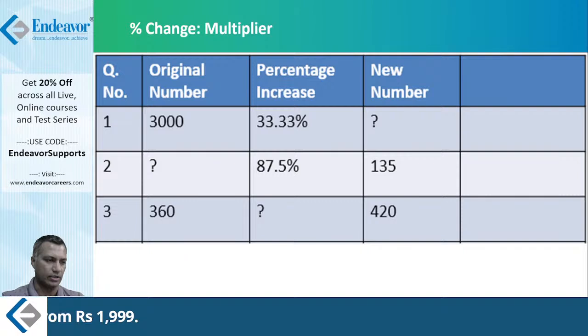What did we learn? Initial value into multiplier is equal to final value. That is the structure. That structure cannot be distorted. It is always initial value into multiplier is equal to final value. What is the initial value for this question? 3000, that's what is given. What is the multiplier related with this question? 4 by 3. This is the answer, which is the final value. Therefore 3000, 3 one time, 1000 into 4, which becomes 4000. That is the required answer. Very simple. Once you get that multiplier in your mind, life is sorted.